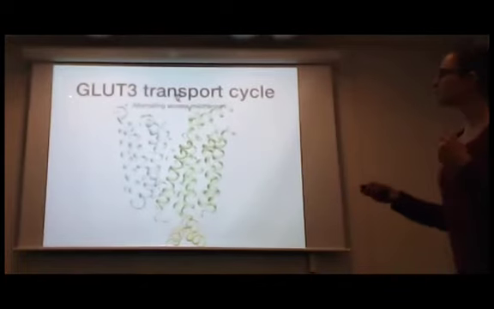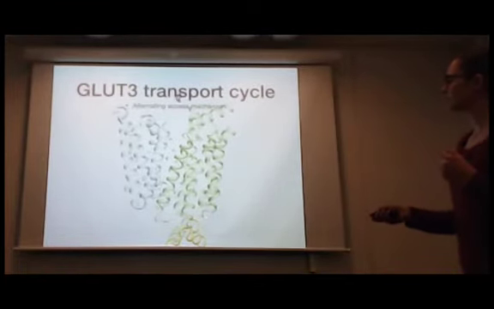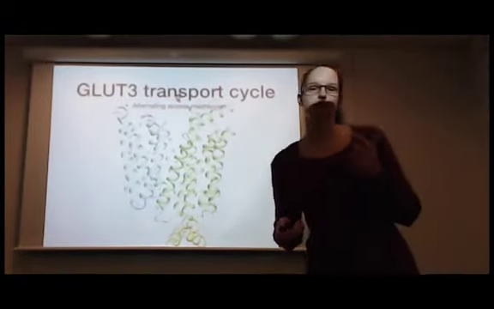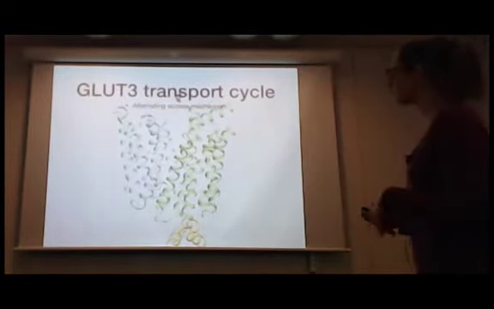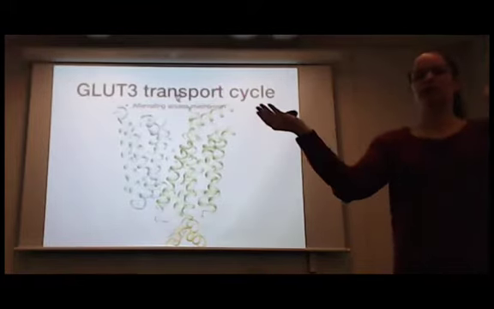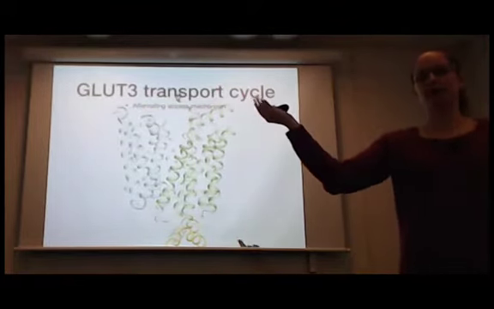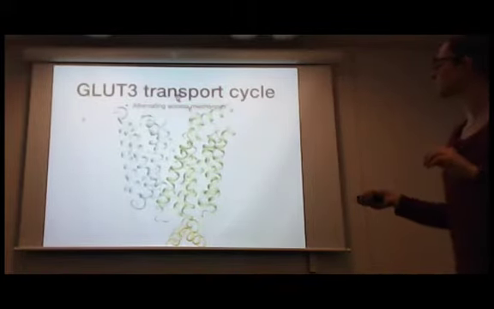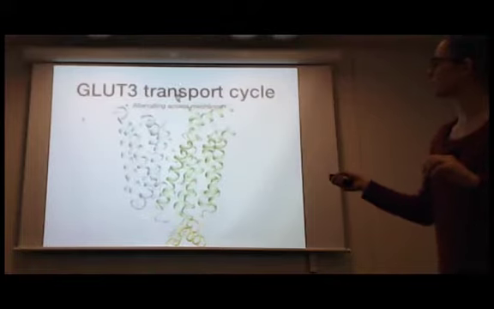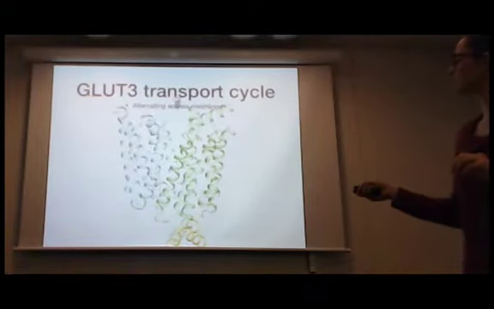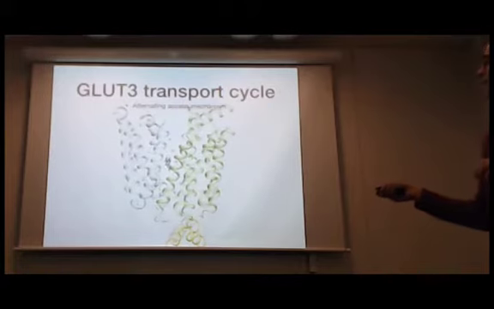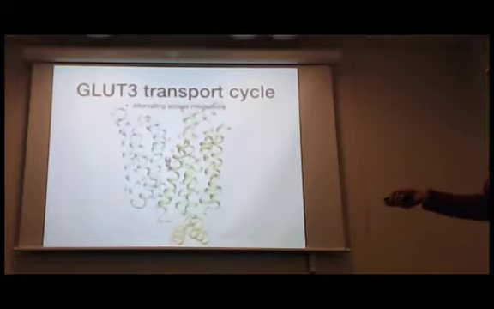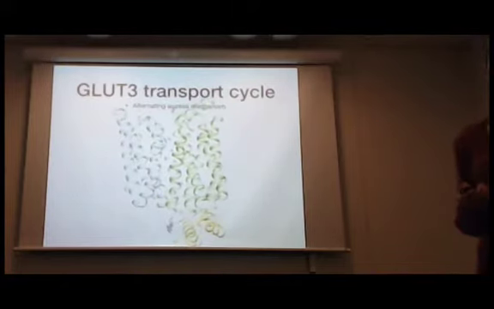So this is called GLUT3. It's a dimer. Each monomer is highlighted in a different color. And this is not molecular dynamics. This is a morph. What a morph is: the structure has been solved in the two states, outward facing and inward facing, and then we're interpolating between these two states. Glucose is out here, and you'll see it bind. Binding causes this conformational change in which this cleft closes and this cleft opens, and then glucose can bind in,